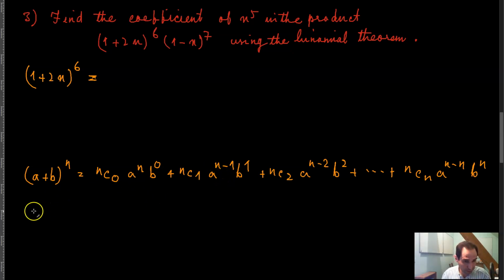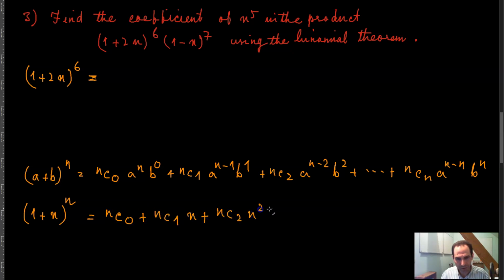But we showed that (1 + x) raised to the power n is the same thing as n combination 0 plus n combination 1 x plus n combination 2 times x squared plus n combination 3 times x cubed plus all the way up to n combination n x raised to the power n, right? So that means that we can use this over here, which means that I can say 6 combination 0,